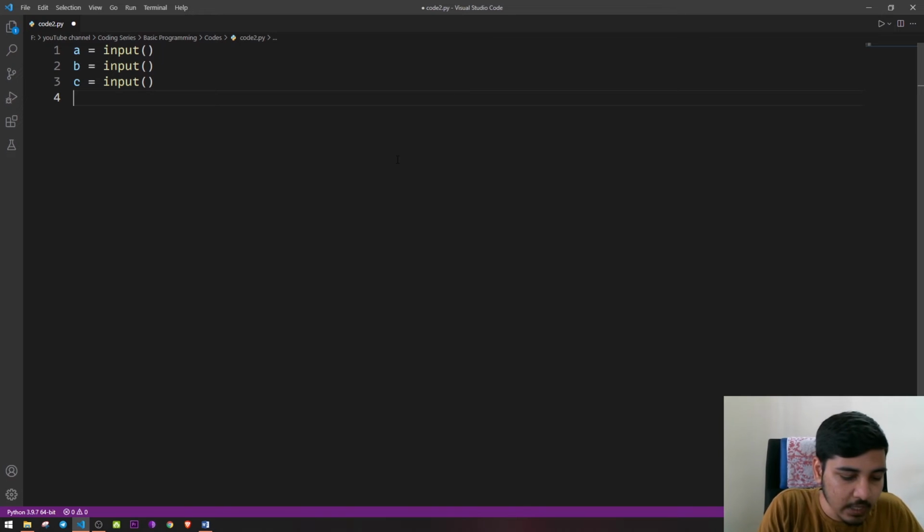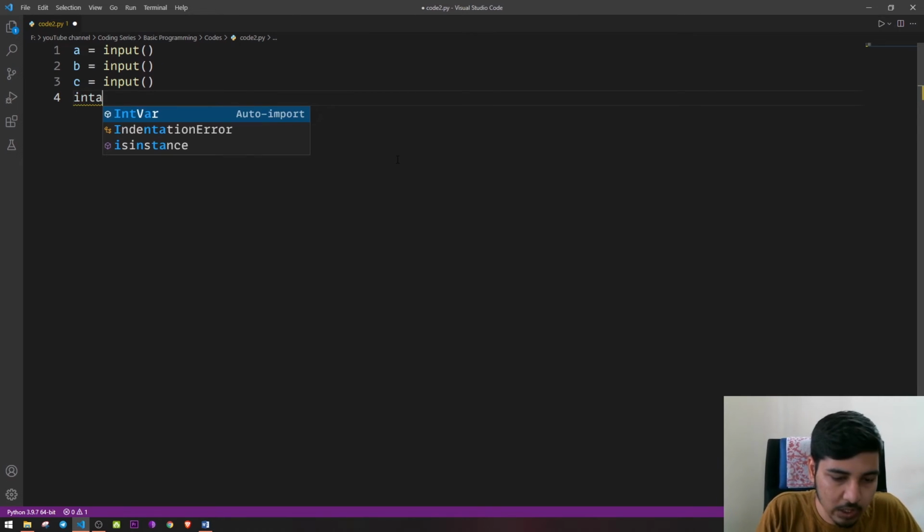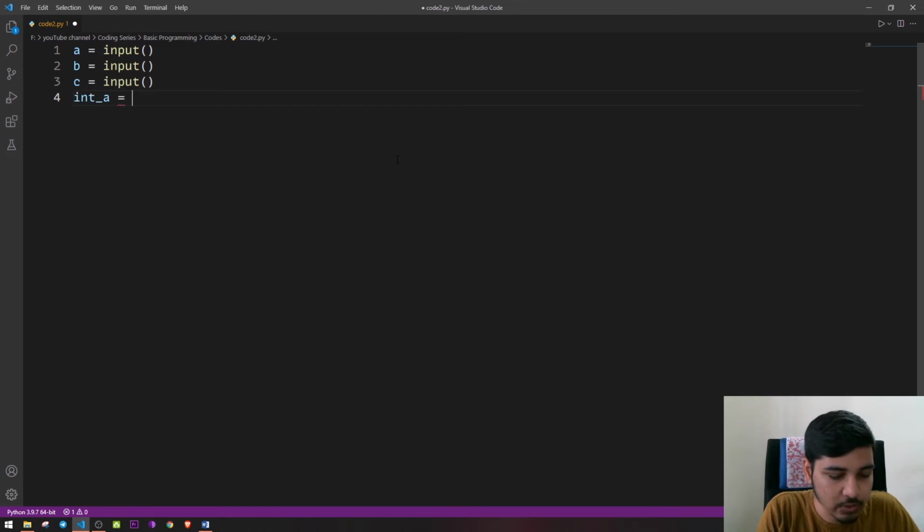Let's say int a is equal to int of a. We pass the variable a to the integer function. It will convert whatever value is inside a to an integer if it is suitable for that data type.